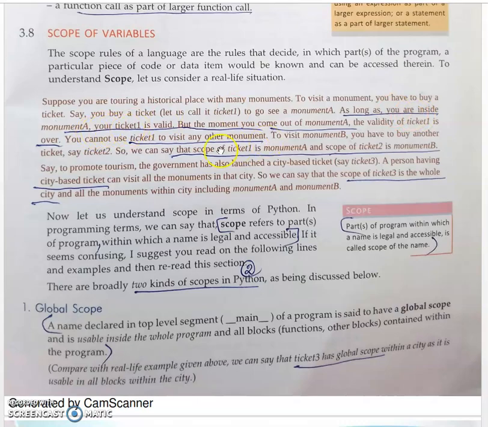The example for that is a variable defined within the function, which is valid only when you are within the function. When you come out of the function, the variable defined inside the function is not valid. Likewise, the government also sells a city based ticket. City based ticket means